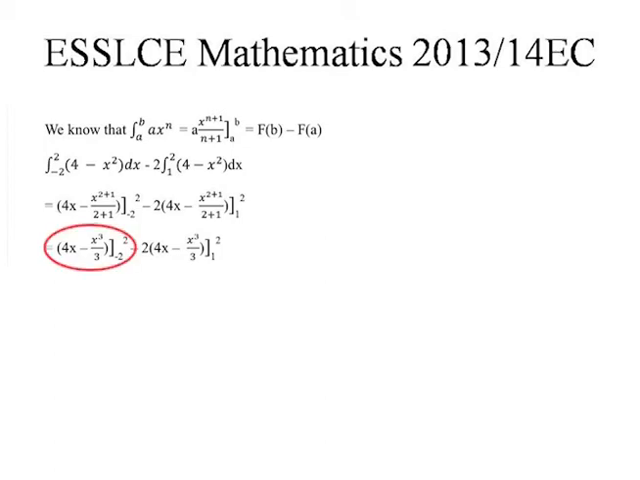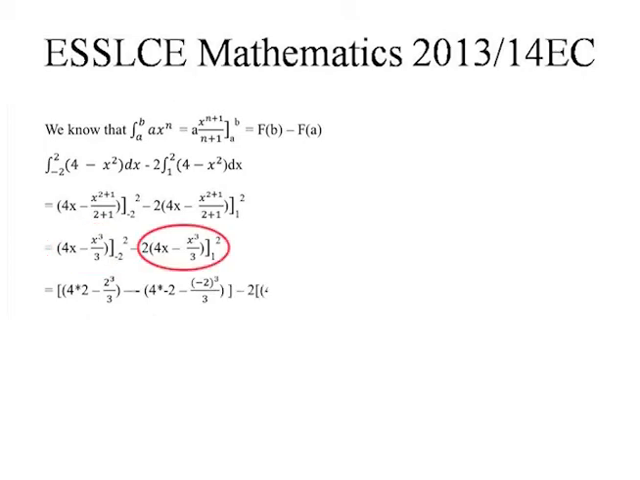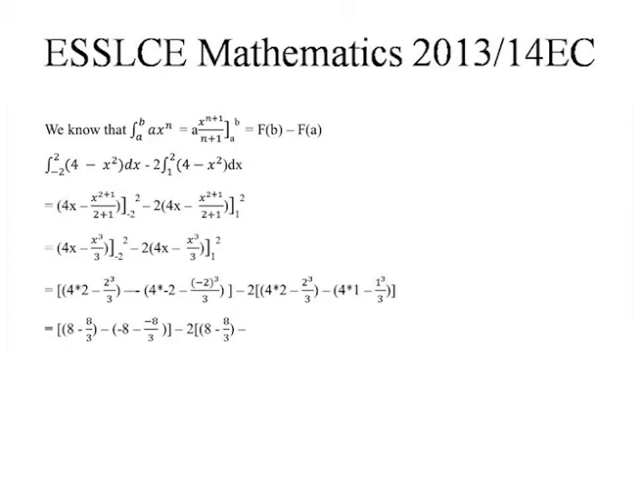So this first expression can be rewritten as 4 times 2 minus 2 cubed over 3, minus 4 times negative 2 minus negative 2 cubed divided by 3, minus the second expression, that is 2 times 4 times 2 minus 2 cubed divided by 3 minus 4 times 1 minus 1 cubed over 3. 4 times 2 is 8 minus 2 cubed is 8 divided by 3 is 8 over 3, minus 4 times negative 2 is negative 8 minus negative 2 cubed is negative 8 divided by 3, minus 2 times 4 times 2 is 8 minus 2 cubed is 8 divided by 3 is 8 over 3, minus 4 times 1 is 4 minus 1 cubed is 1 divided by 3 is 1 over 3,